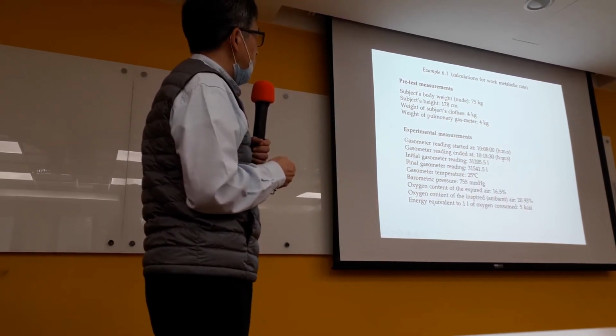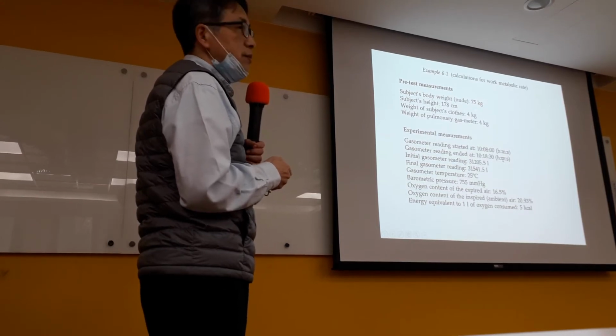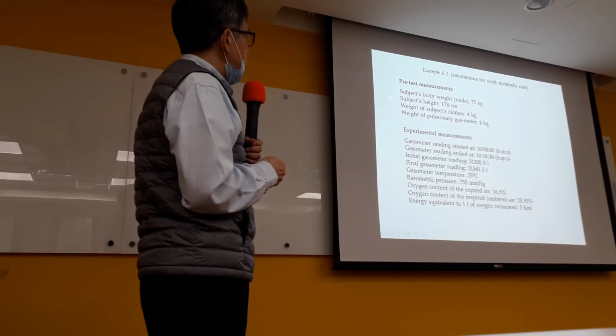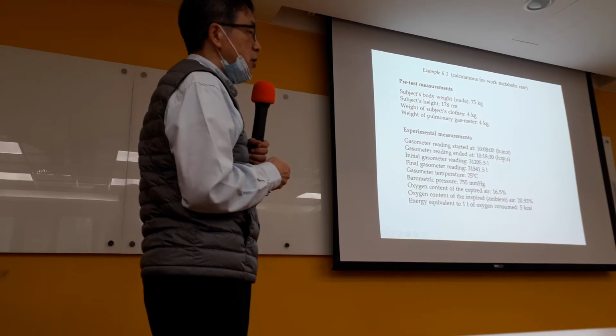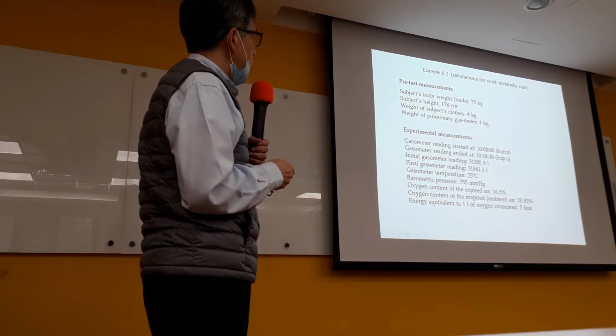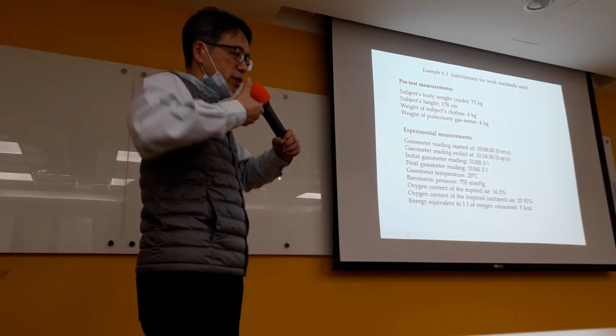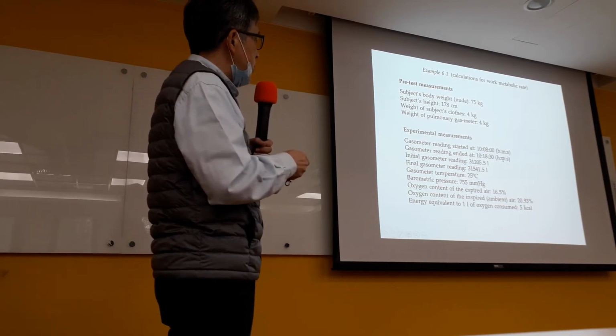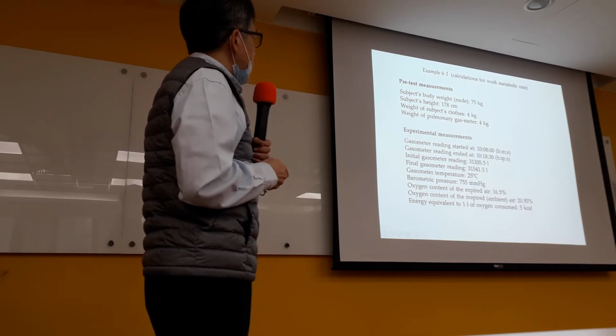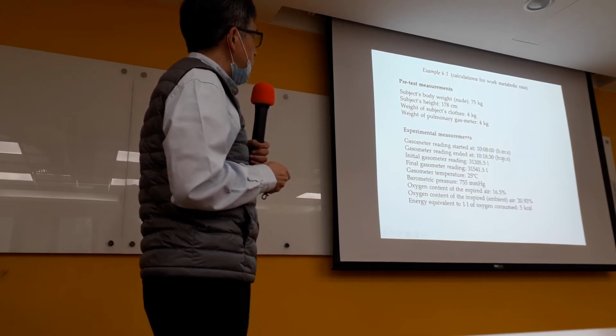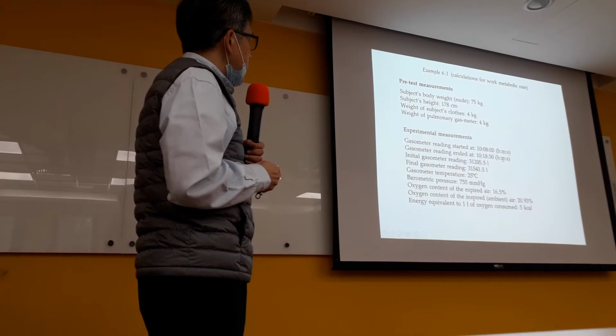The subject body weight 75 kg, subject height 178 centimeter, weight of subject clothes 4 kg, weight of pulmonary gas meter 4 kg. Okay, looks like he's wearing something, a mask, pulmonary gas meter, and experimental measure. Okay, gasometer,